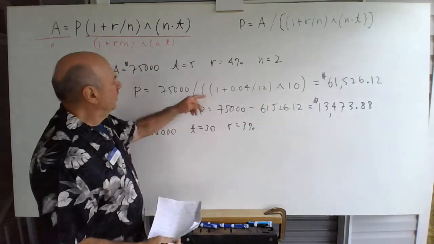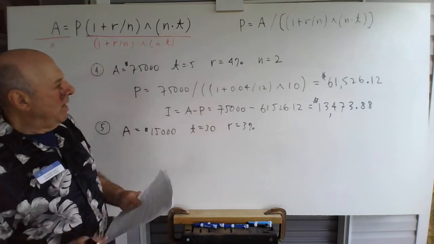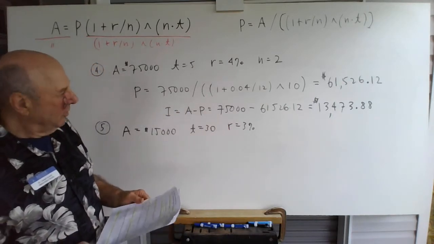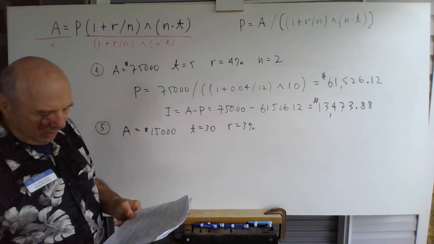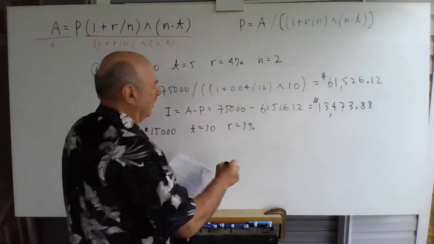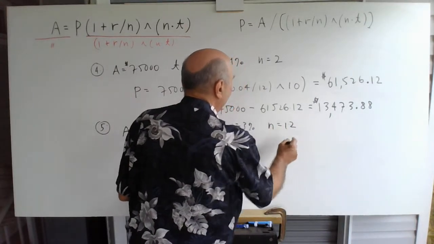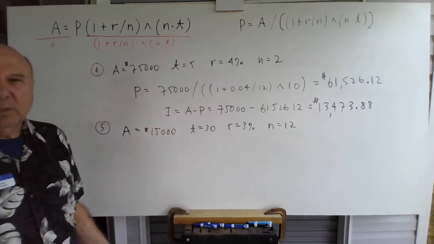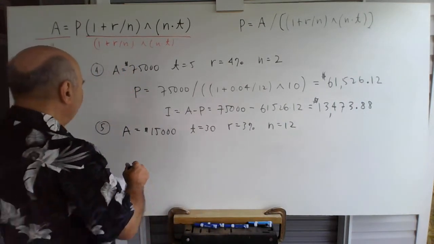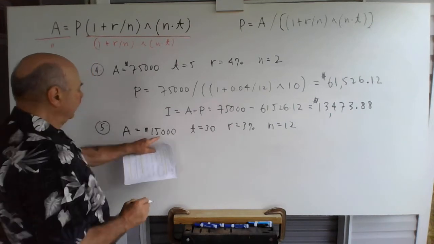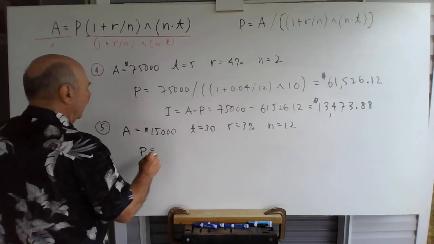Nice and conservative. These are about current rates. You can get those if you put enough money aside. You can get those rates right now. And compounded monthly. So n is 12. So monthly means 12 times a year. Okay. So my present value, to get this amount in 30 years, it'll be